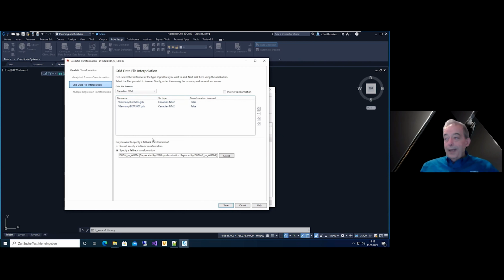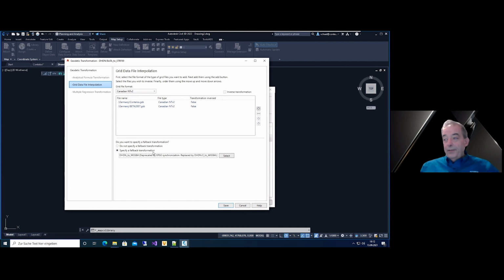Okay, then we have a little look at the fallback. We can say we don't need any fallback transformation. When we do this and we find a point outside the definition area, then this point is ignored, or also the object that the point belongs to.